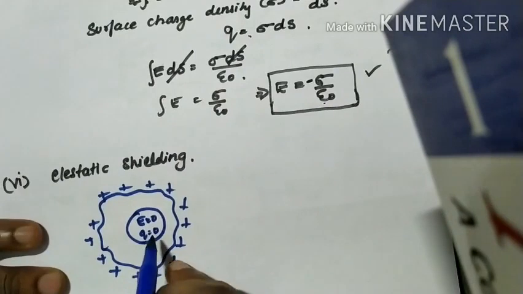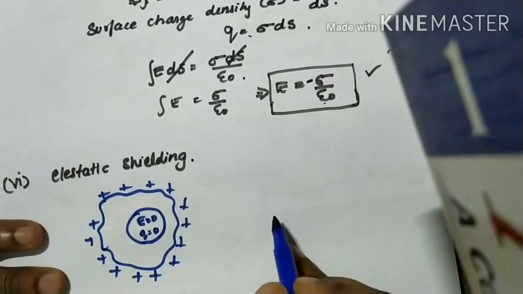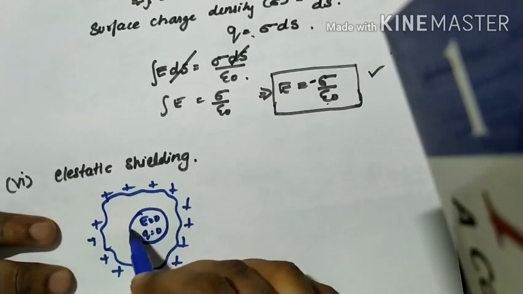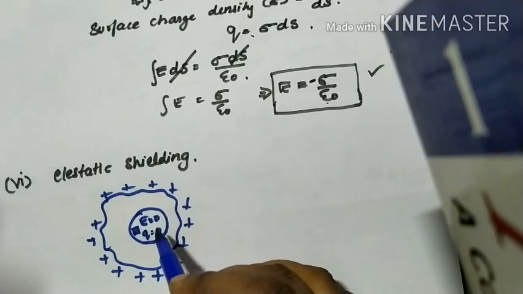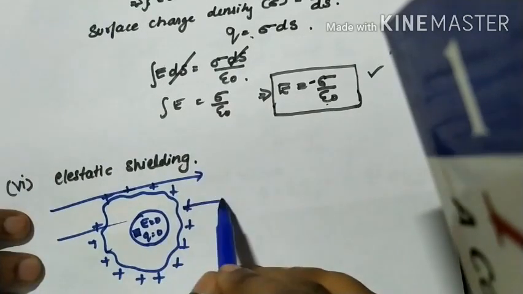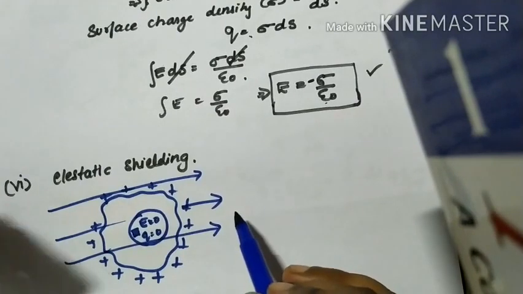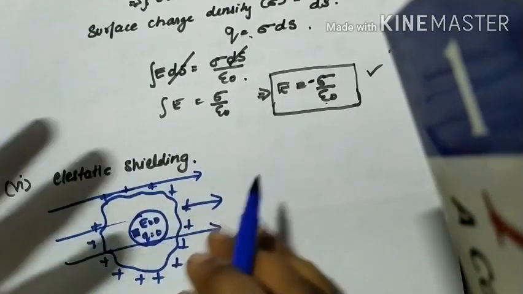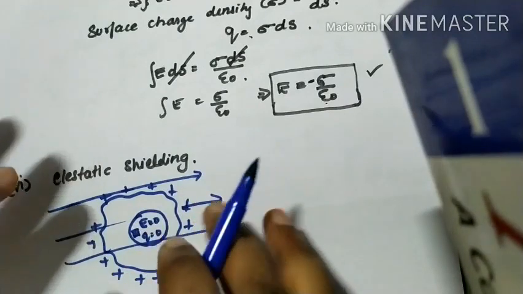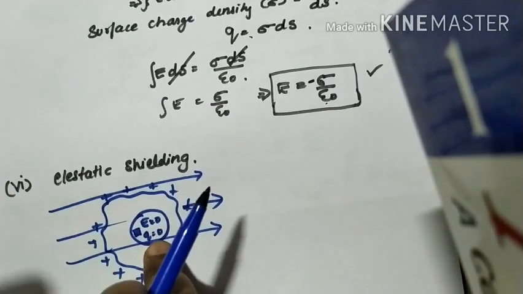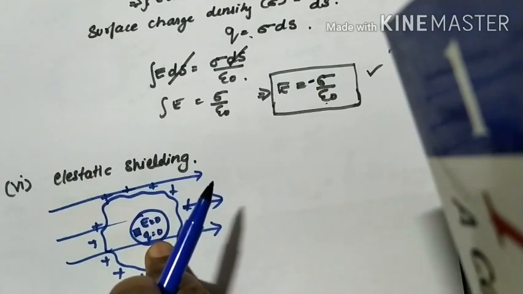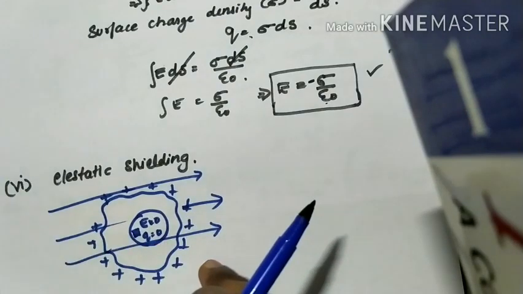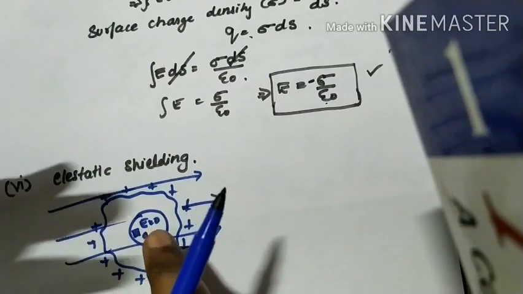See, there is no charge in this cavity. There is no electric field in this cavity. So that means I can keep anything inside this cavity. That material will never be affected by any field. Now keep this entire scenario in an external field. I told you guys, if you consider the centermost cavity, it doesn't have electric field. In any electric field you keep, it will never have any electrostatic field inside, as well as no charge inside. So if I keep any A, B, C, or any material inside that cavity, it will never be affected by the external field.